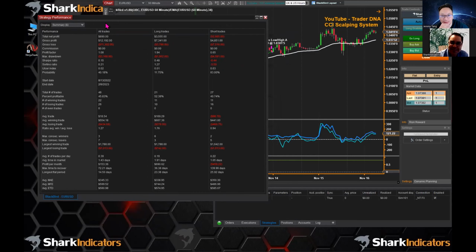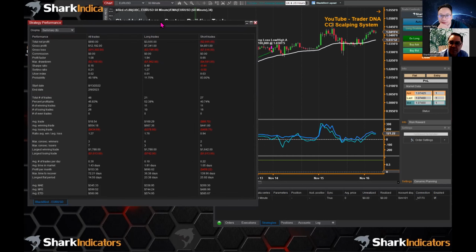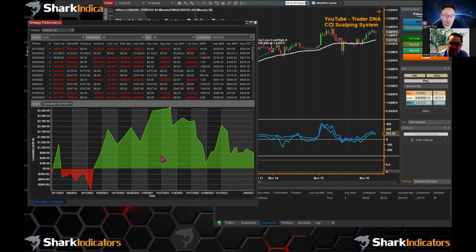$900. It's okay. Well, it seems to be getting killed on the short side. And that's another thing, perhaps that has something to do with it's in a bullish market in general. That could be the main factor there. So it's one of those situations that if you want to just take out one side entirely and control it, like, I just want long trades only because I know it's a bullish environment, or I just want short trades only because it's a bearish environment, you're able to do that as well too. And that's not too bad.